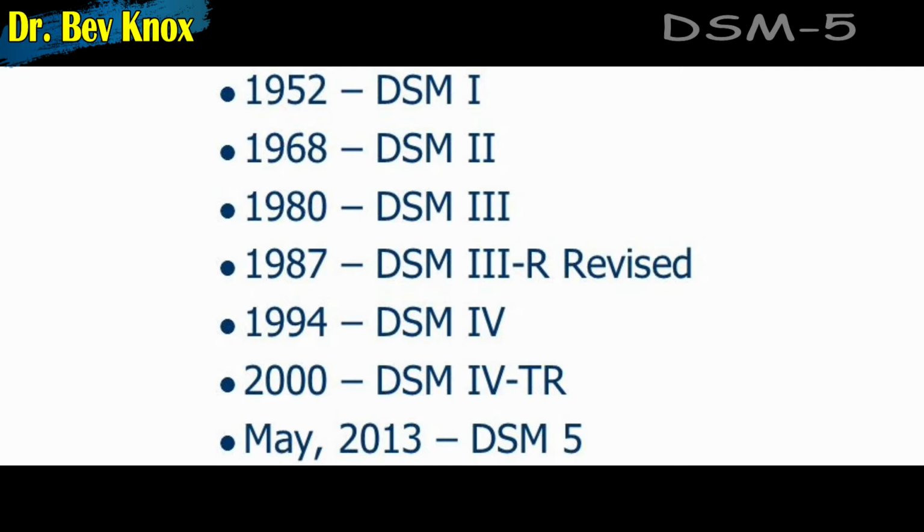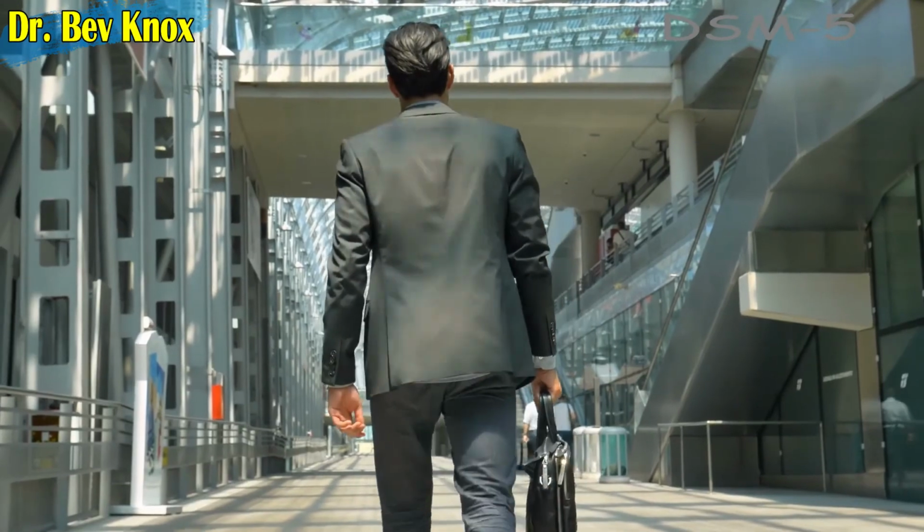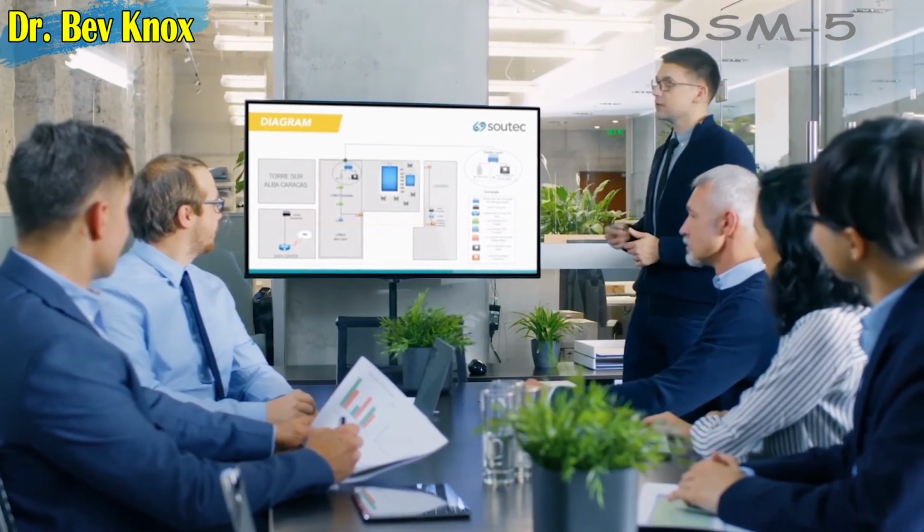The effort to produce the DSM-5 took more than a decade. After years of preliminary work, a DSM-5 task force and numerous work groups were formed in 2006, with the goal of developing a DSM that addressed the limitations of previous DSM editions. Finally, in May 2013, the DSM-5, the new diagnostic and classification system, was published.